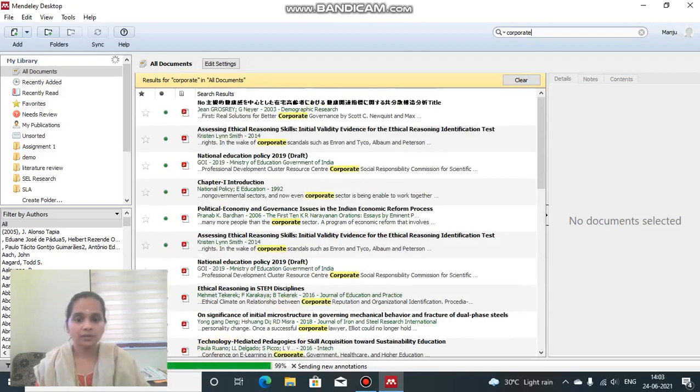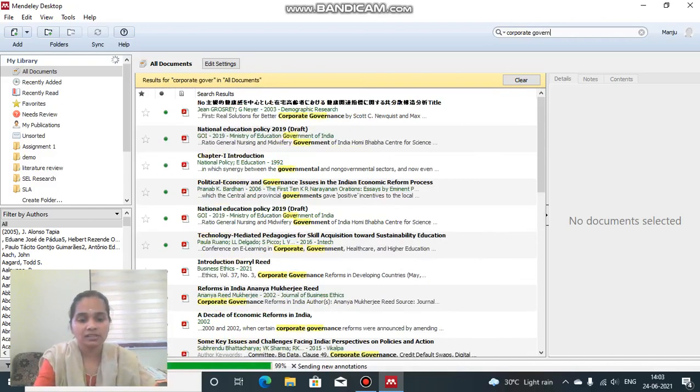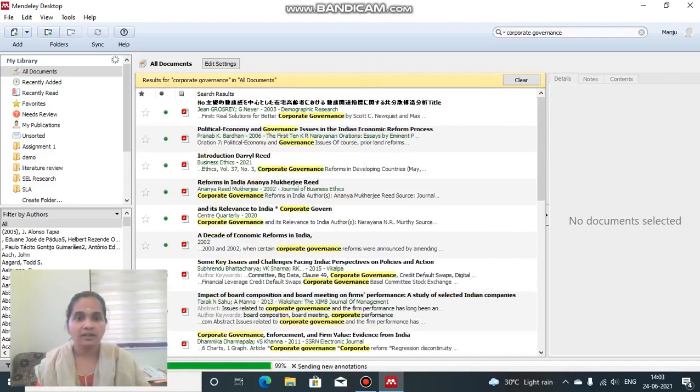When I want more clarity in that word by giving corporate governance, those files having corporate governance are displayed here. If we are having so many variables in our study, we will be making many folders according to the keywords.